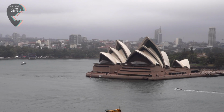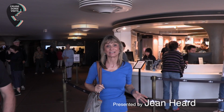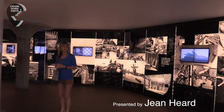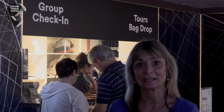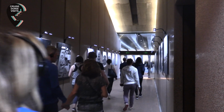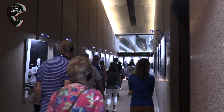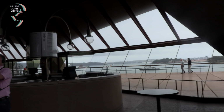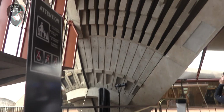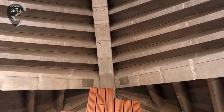The Welcome Centre's in the basement, and you can buy tickets for tours down here, and it's a shorter queue than upstairs. Bags larger than an A4 piece of paper have to be checked in, but there's no charge. This is a small experimental venue inside called the Playhouse, where you'll undoubtedly be taken on your $40 tour, sat down and watch a 4-minute film. Then you're taken around mainly the public areas while they tell you the whole story of the Opera House, which